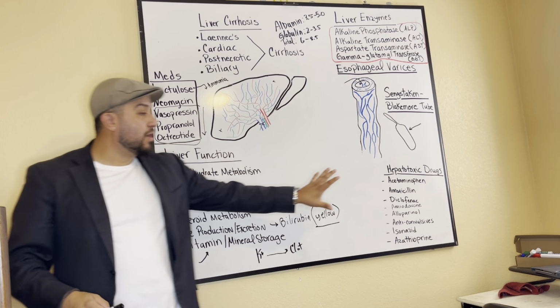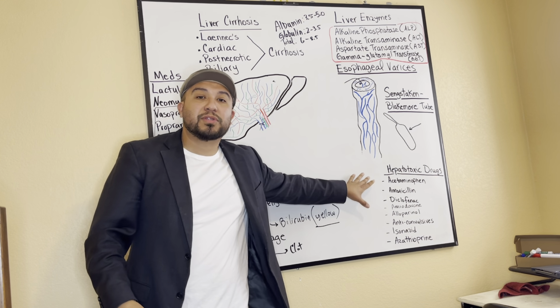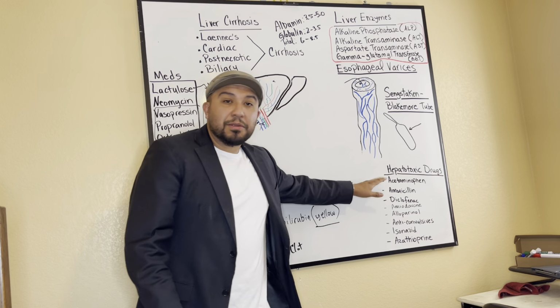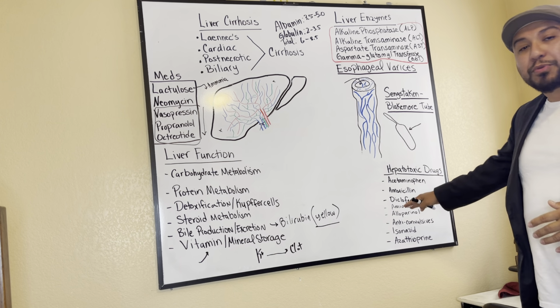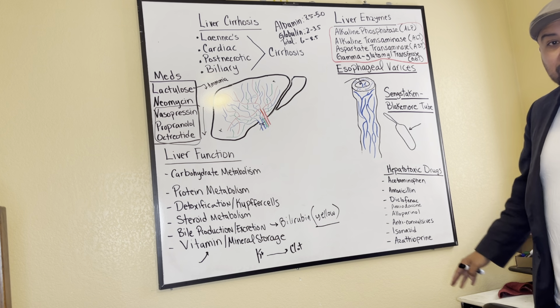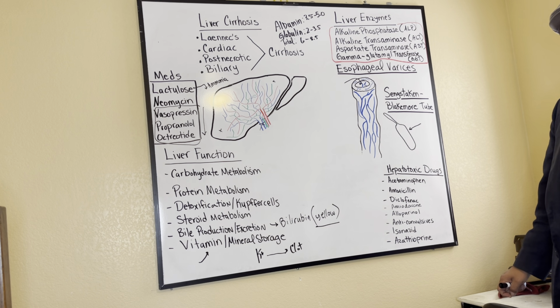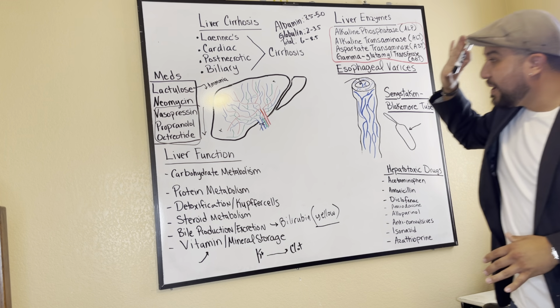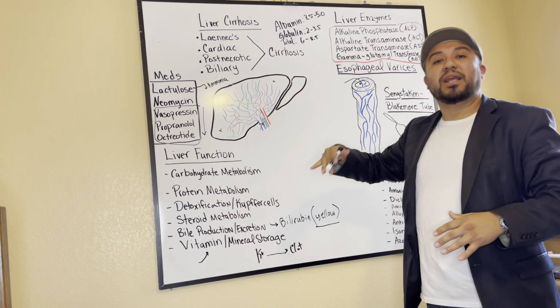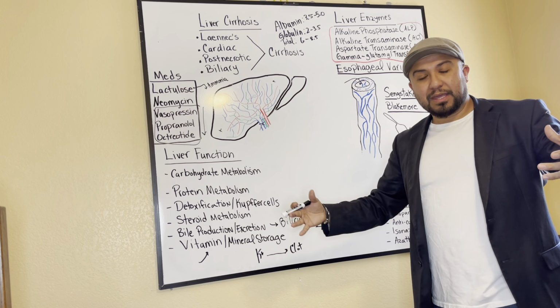So what we want to do is avoid medications that are considered hepatotoxic. So we're talking about acetaminophen, amoxicillin, diclofenac, amiodarone, allopurinol, anticonvulsive medication also, okay? Like dilantin, that medication is hepatotoxic. We don't want to give patients any of those drugs because it's going to potentiate an exacerbation in the cirrhosis